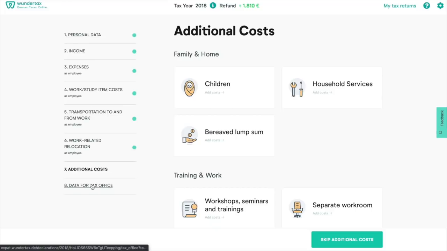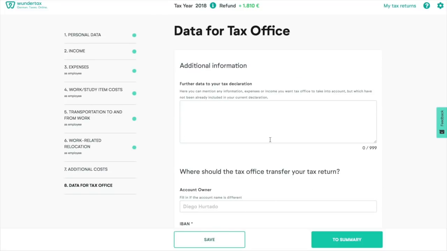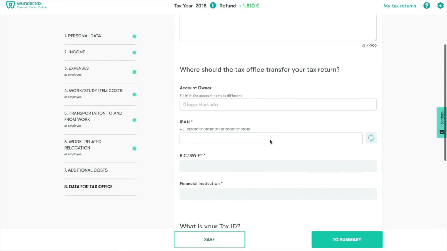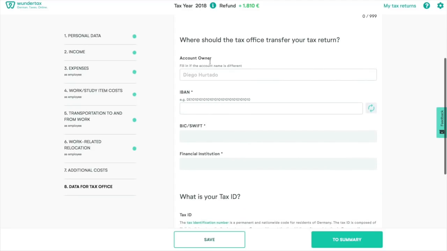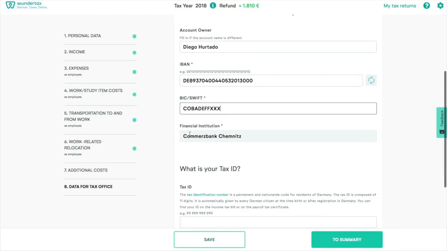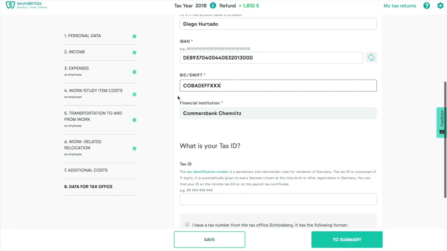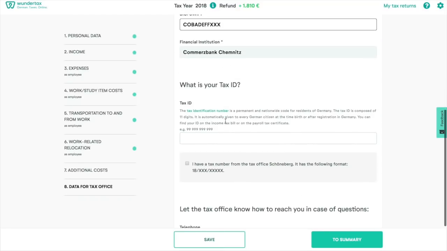Here, the tax office needs to know where to transfer your tax return. So I will need to type in my bank account details and my tax ID. Good. Let's go with the account owner, Diego Hurtado. Then we have the IBAN. Okay, I will just copy and paste it. Then my BIC is COBADEFFXXX. And my tax ID, which is